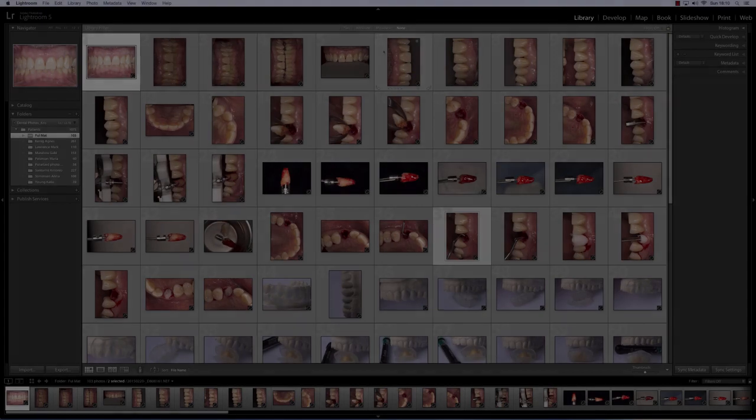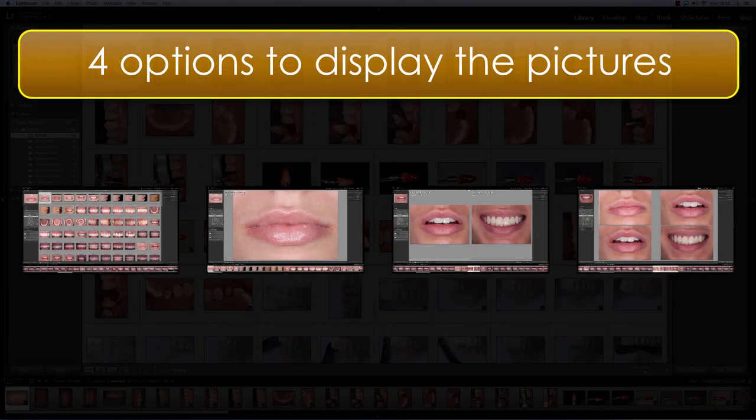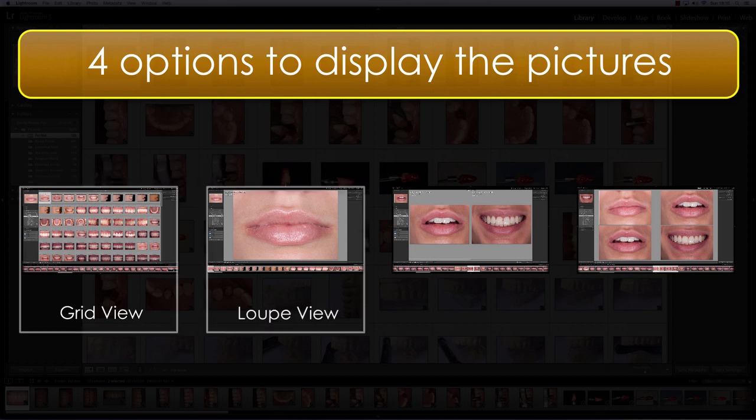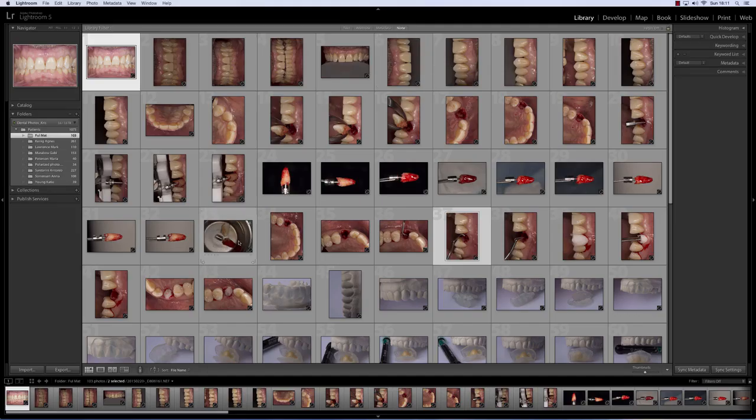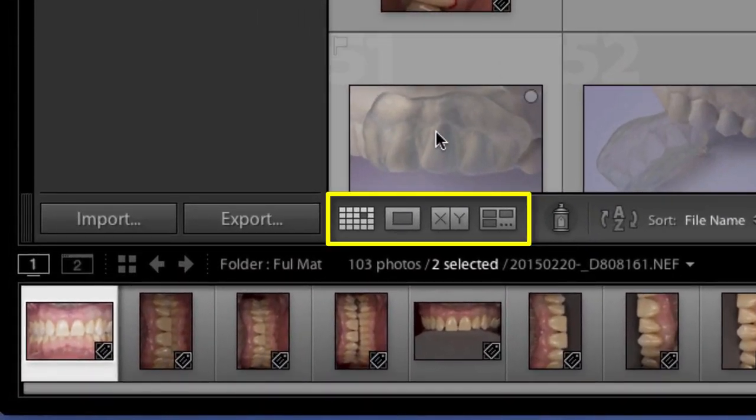This lesson is about viewing your photographs. In Lightroom, we have 4 options to see our pictures on the monitor. These are Grid View, Loupe View, Compare View and Survey View. You can switch between them by clicking on the icons on the bottom of the screen or by using the